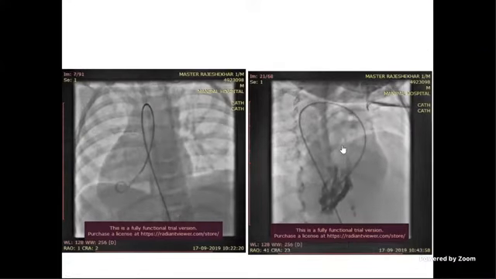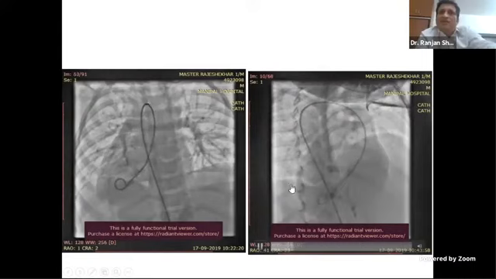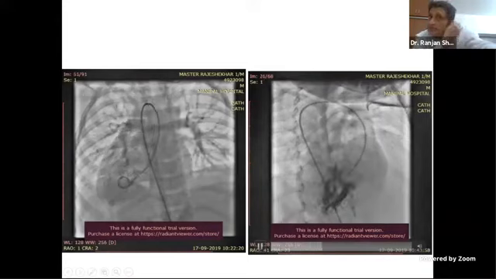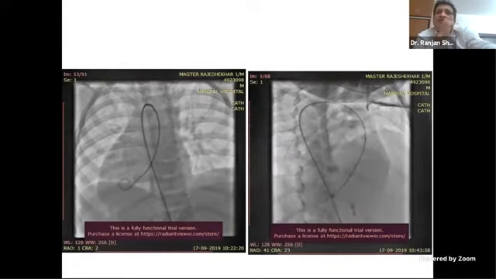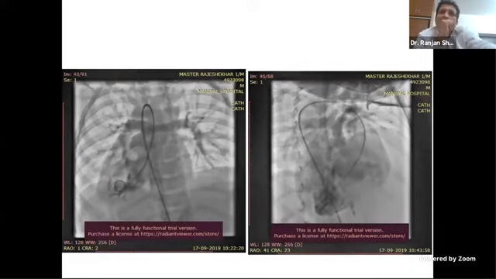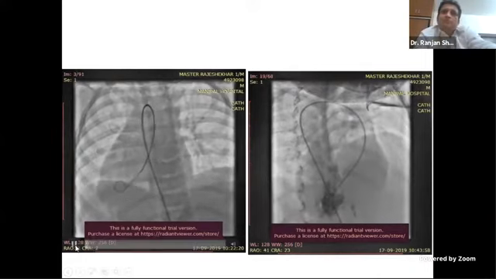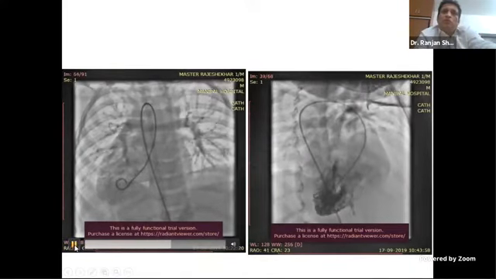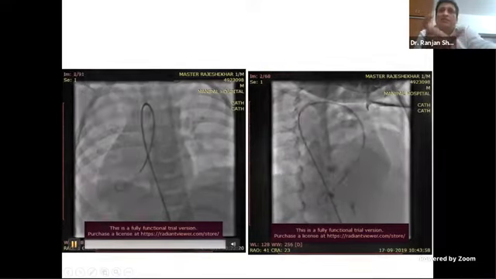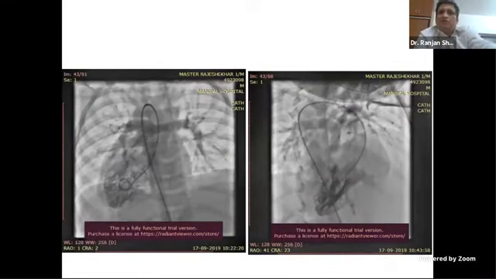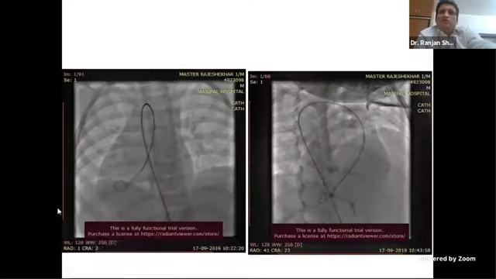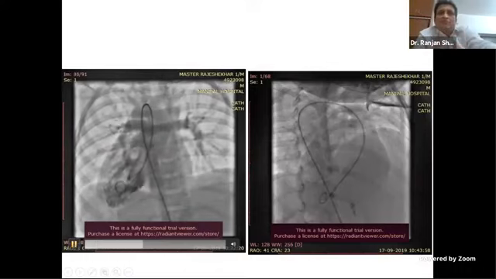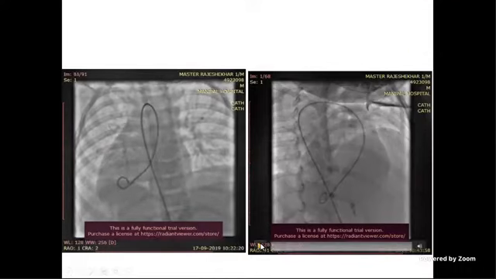Double outlet right ventricle. Yeah, DORV, and the LV which is here, see, smooth chamber, which looks reasonably developed. Is there a PS or there is no PS? Generally, the rule is, if there is no PS in any of these physiologies, PA will be bigger than aorta. So you need to compare. If PA is smaller than aorta, most of the time there is some PS. But it could be that there is no PS, but that's how you distinguish.